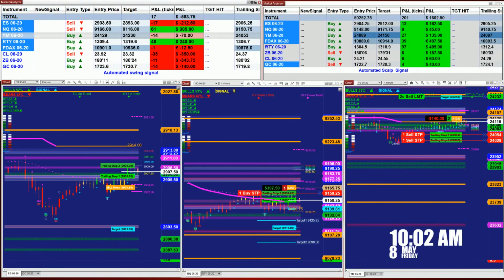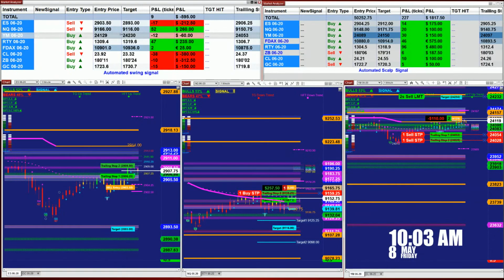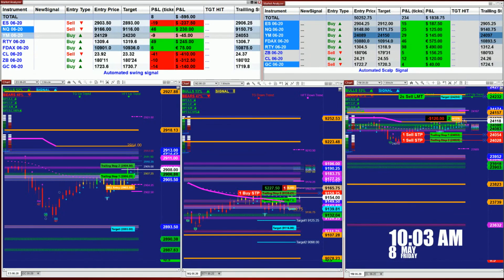The market is a little bit mixed on the 1 minute. As you see from the market analyzer, it continues like yesterday. Yesterday there was a lot of volatility and it was a really confusing market, and today it's the same story on the 1 minute swing trading. But if we look at the market analyzer, this is what is nice about it, even on a day like today,